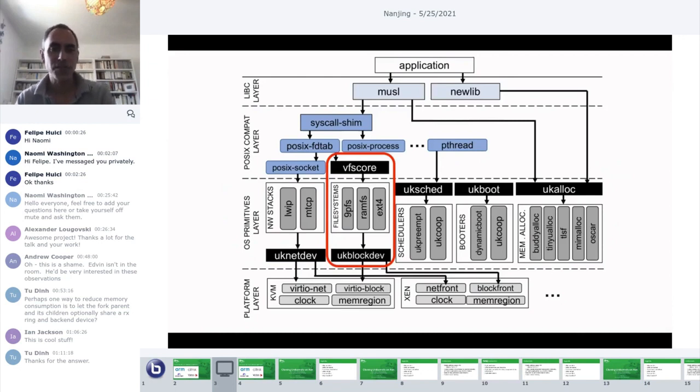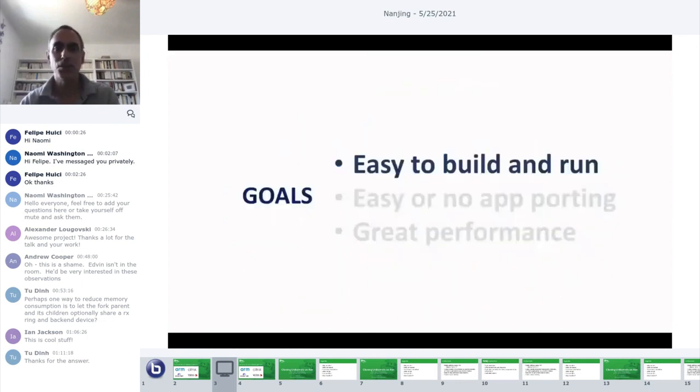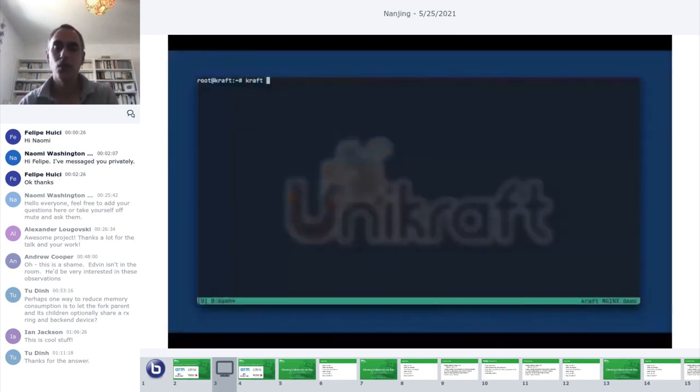So for instance, if you cared about networking, as in the example, you could directly plug into UK NetDev to get high performance for networking. If you were interested, let's say, in accessing files very quickly, you could code against UK BlockDev and put in a specialized file system, and I'll speak a little bit about that later. Or if you care about memory allocation performance, you could use one of several memory allocators that Unikraft provides.